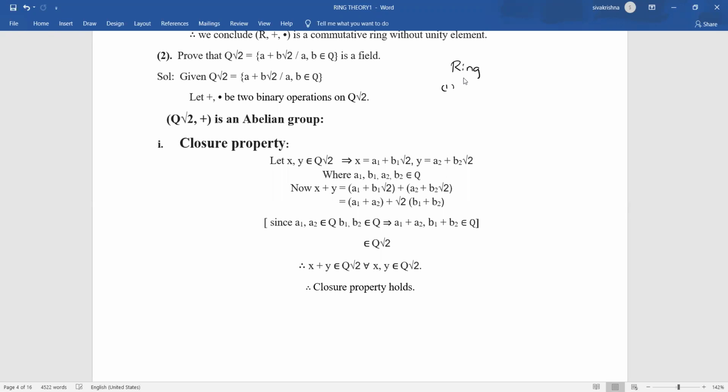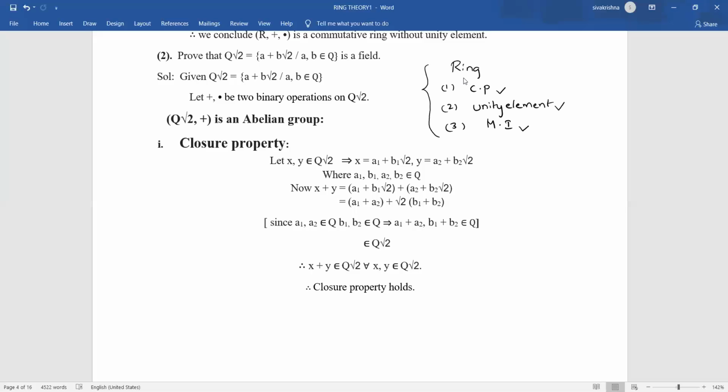One is commutative property with respect to multiplication. Second one is unity element property. And the third one is every non-zero element in the set having multiplicative inverse property. So the first one is commutative property, second one is unity element property, and the third one is multiplicative inverse property. In addition to the ring conditions, if we satisfy these three conditions,